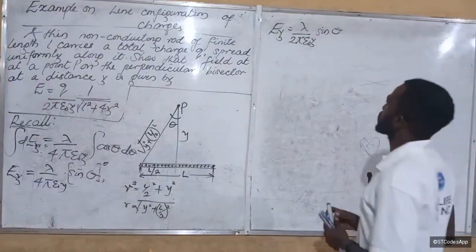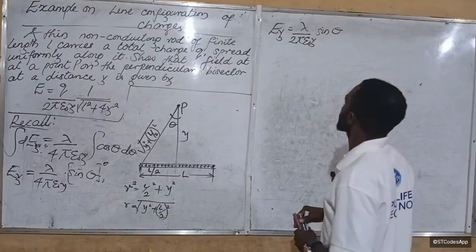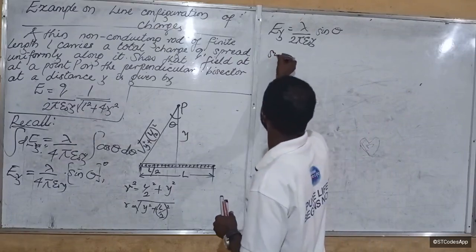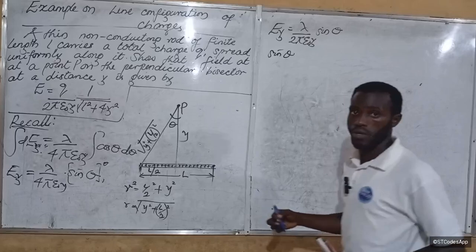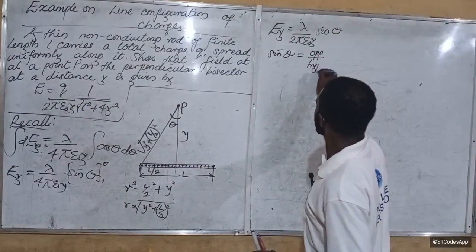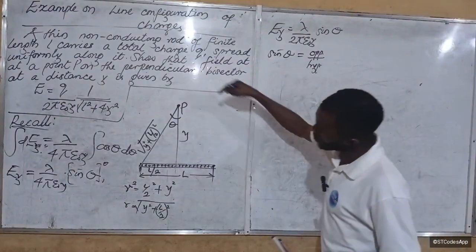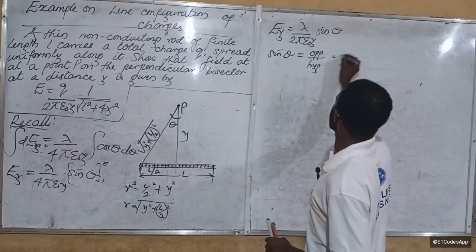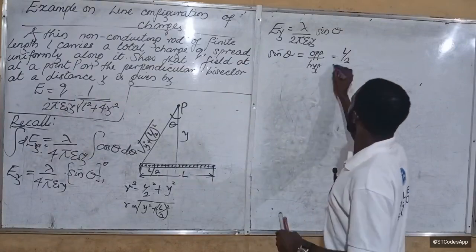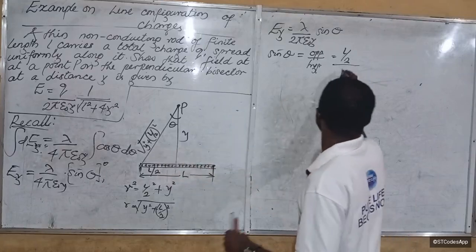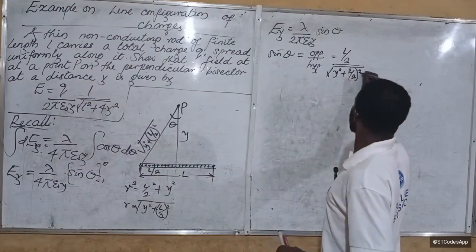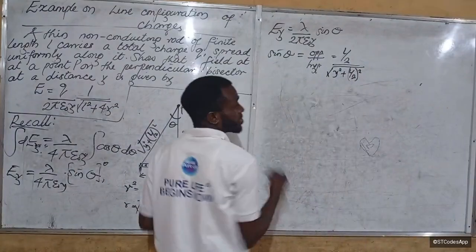Okay, so if this is the case, then we know that sine theta is opposite over hypotenuse. And what is the opposite? The opposite is the one facing this angle, which is L over 2. L over 2 over hypotenuse, which is that side, the square root of y squared plus (L over 2) all squared. Okay, so it means that our sine of theta